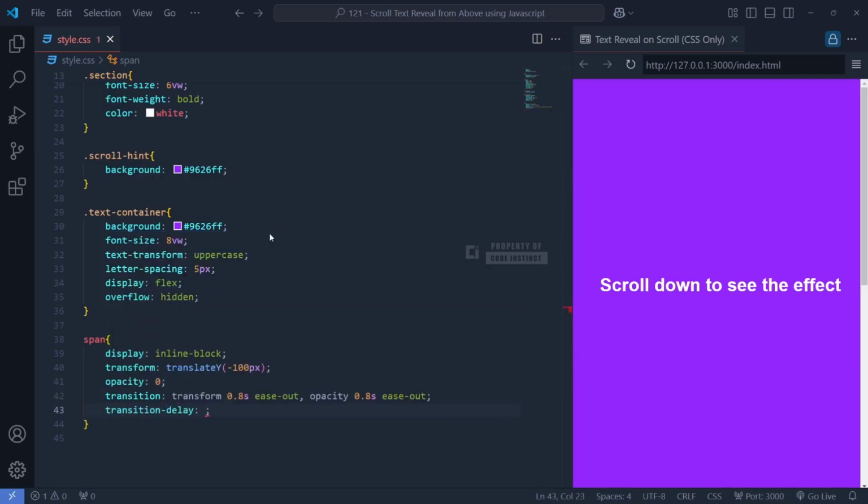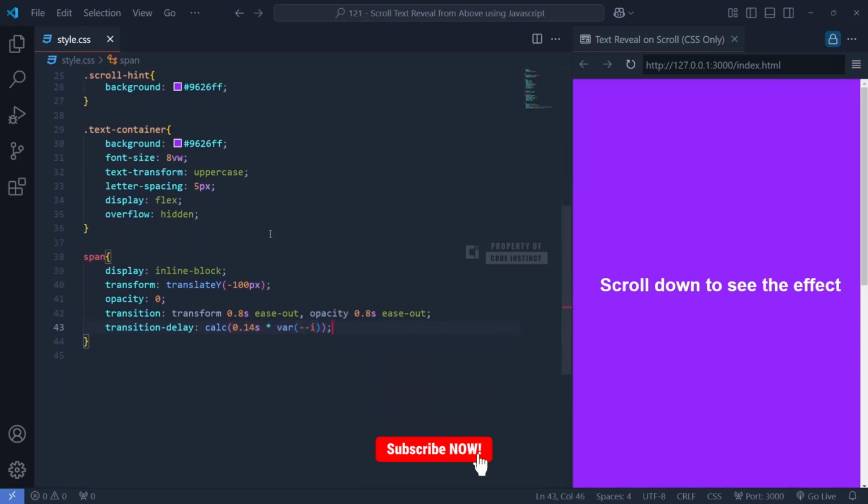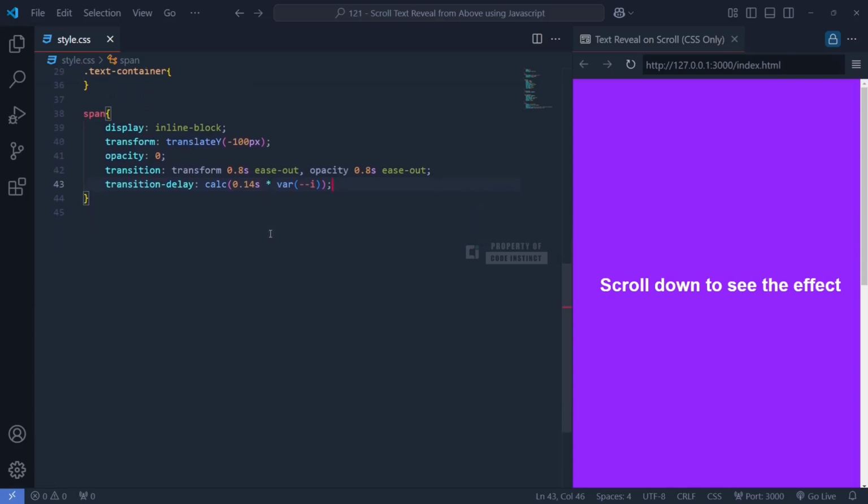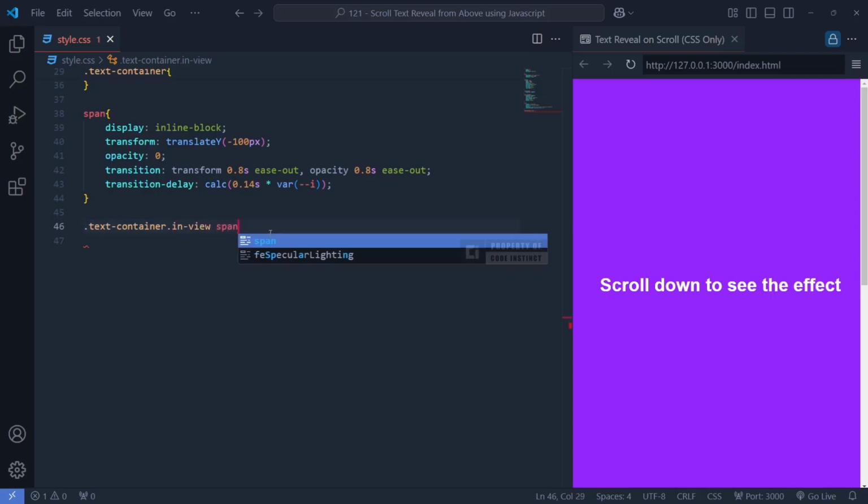Transition-delay: calc(0.14s * var(--i)) is used. This applies a custom delay for each letter based on the --i variable assigned in the HTML, ensuring a cascading reveal effect. Finally, the .text-container.in-view span selector is responsible for triggering the animation when the section enters the